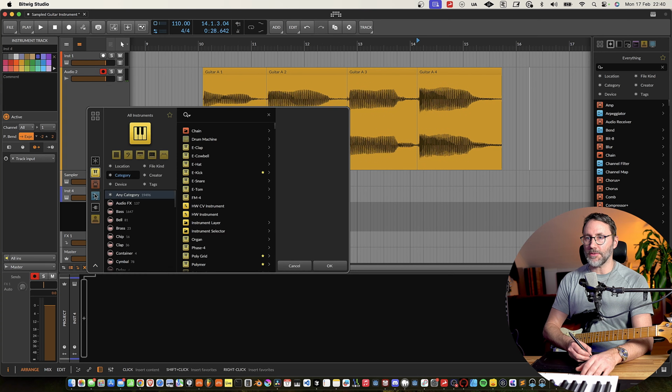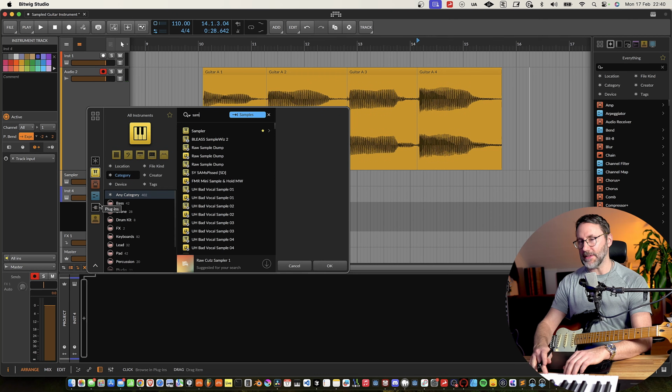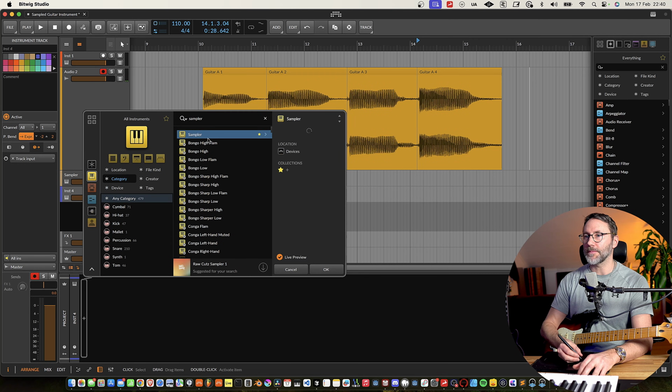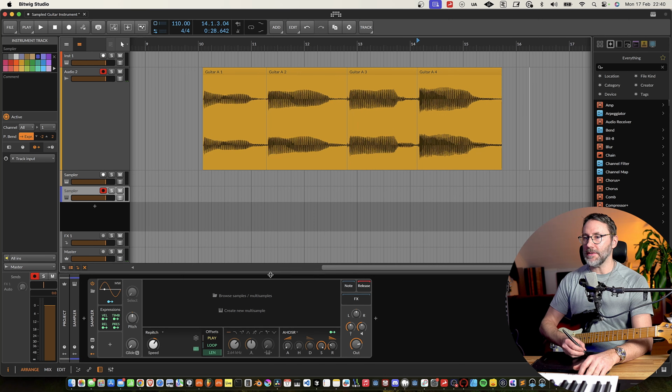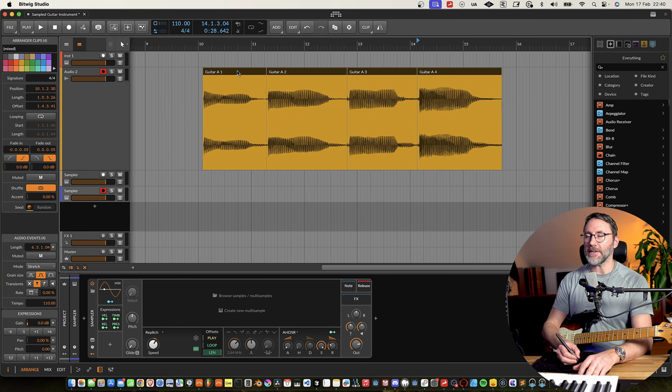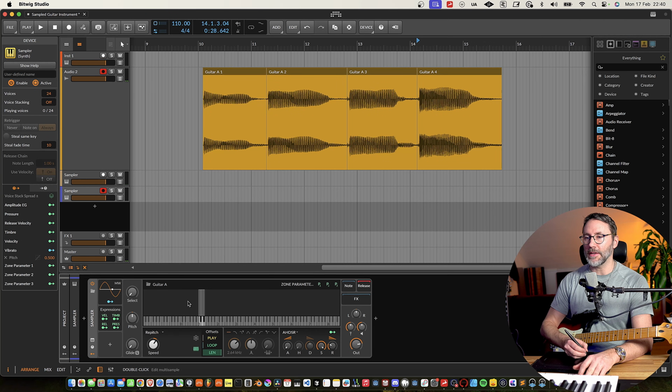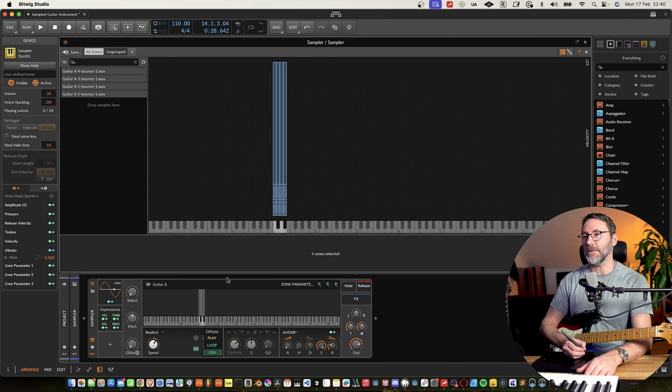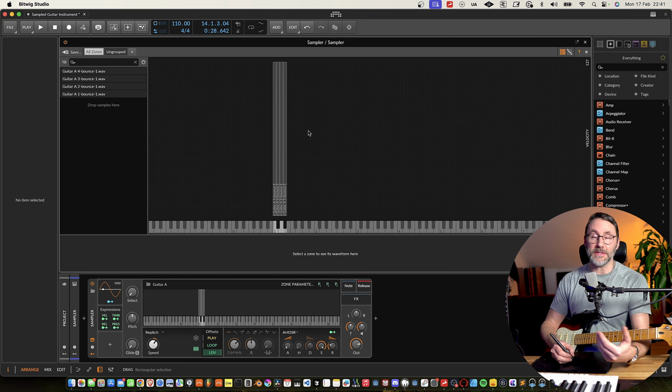And then we're gonna create a new track, and we're gonna add a sampler in there. And now we can just select all these and drag them straight into the sampler. And make a double click in this key range area, or the samples area. By default, we can see that these are spread across multiple keys, but we obviously want these on the same key because it's the same pitch.